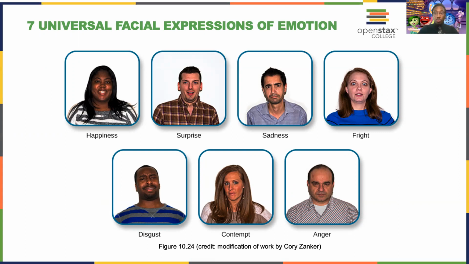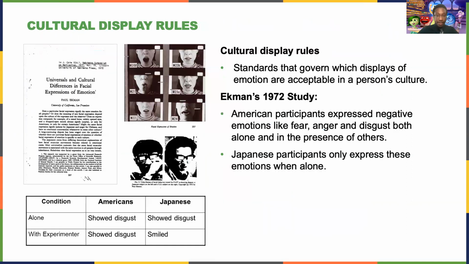Now, although the recognition and production of facial expressions for certain emotions are universal, there are some cultural differences in the degree to which these facial expressions are shown, particularly publicly. So when we talk about cultural display rules, we're talking about standards that govern which displays of emotion are acceptable in a person's culture. So Ekman did a study in 1972 in which he had American and Japanese participants watch